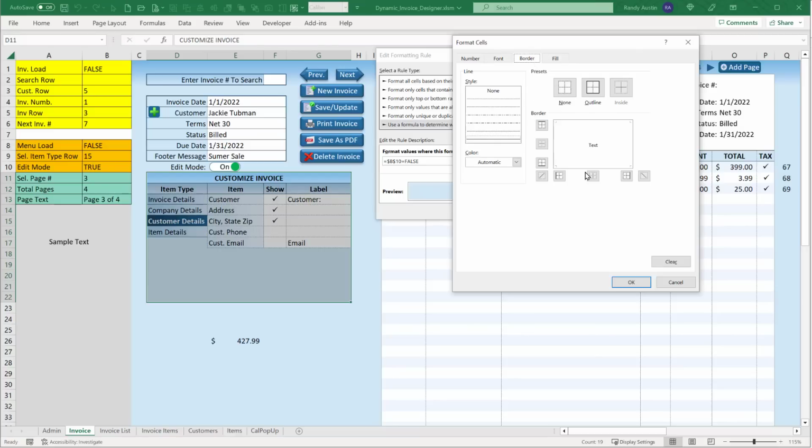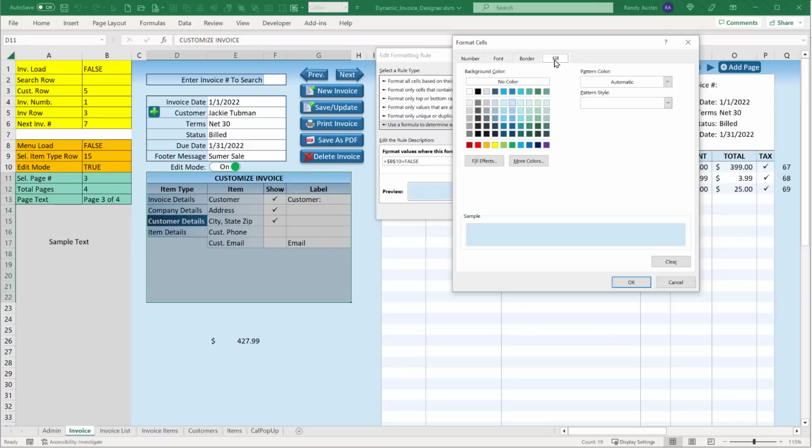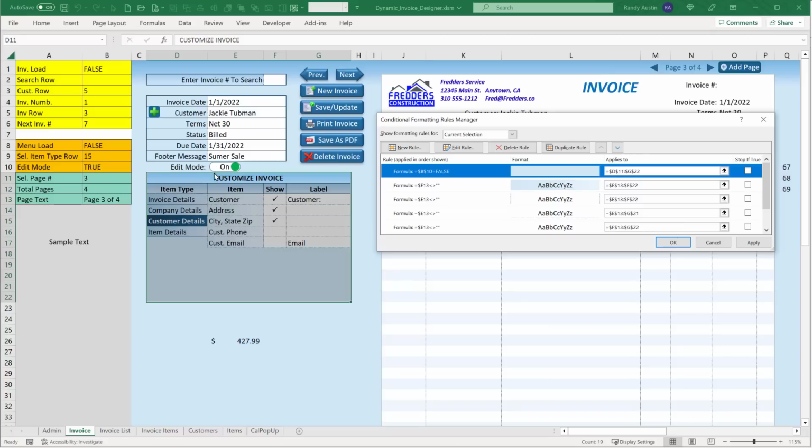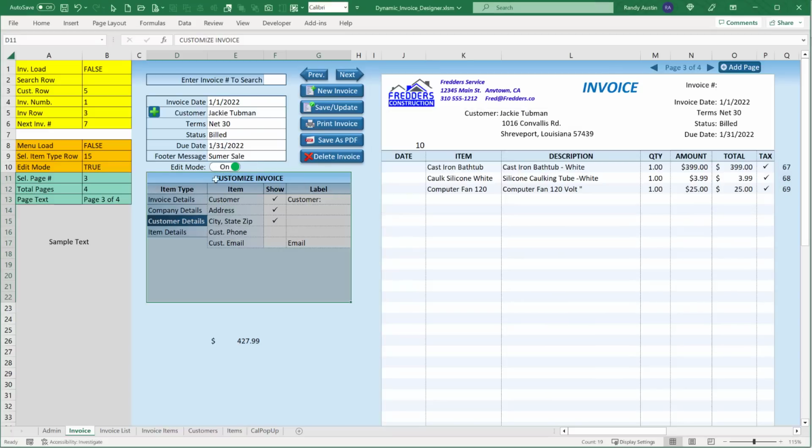I'm going to take the border and I'm going to remove all borders. Simply using none here, I'm going to remove any and all borders around that. And I'm going to give it a fill background color of the same as the background color. And that is how we basically hide regardless of whatever is there. It is conditional formatting that hides it, and it is VBA that will make sure nothing happens when this is